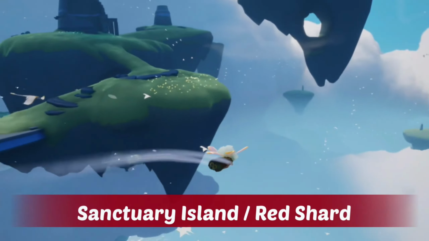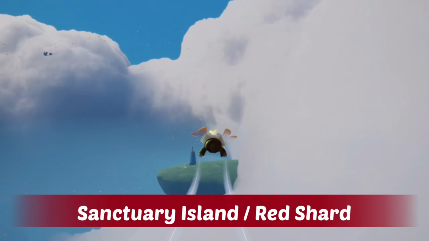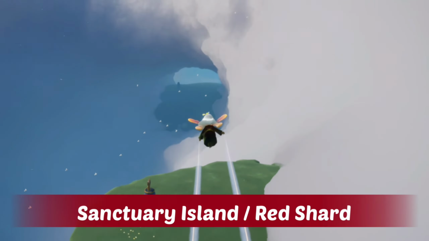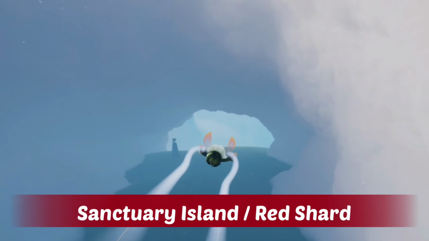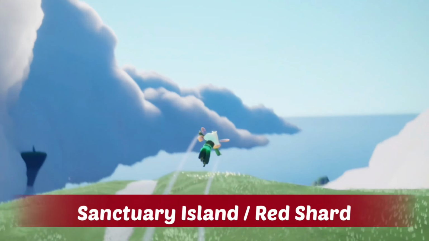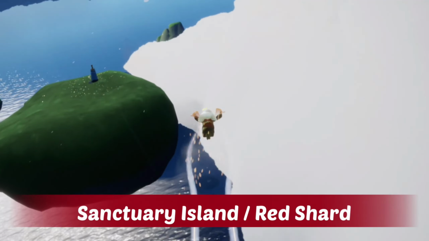Today's shard event takes place in the Daylight Prairie, and it is a red shard. This one is a tough one. We can find it in the Sanctuary Islands. You first have to go to the Bird's Nest area, and then head through this cloud tunnel, and we are in the Sanctuary Islands. Because this is a red shard, we will get Ascended Candles as a reward for completion,